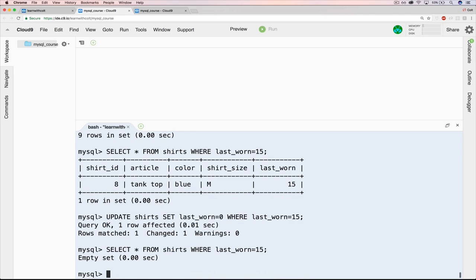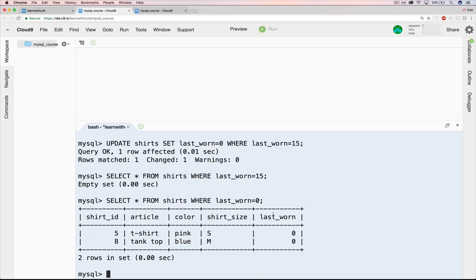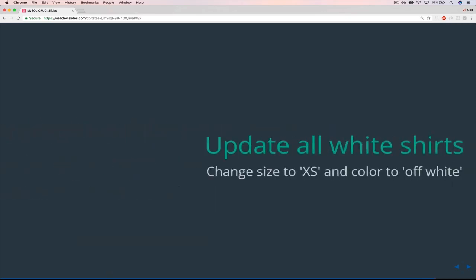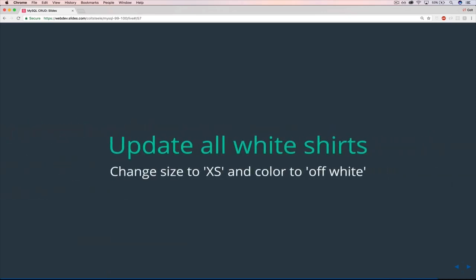Let's do our select again. We no longer have it, but now if we say select where last worn is 0, we have 2 shirts. This t-shirt that was already there and our blue tank top we just added. Perfect. So the final update is to update all white shirts, change their size to extra small, and at the